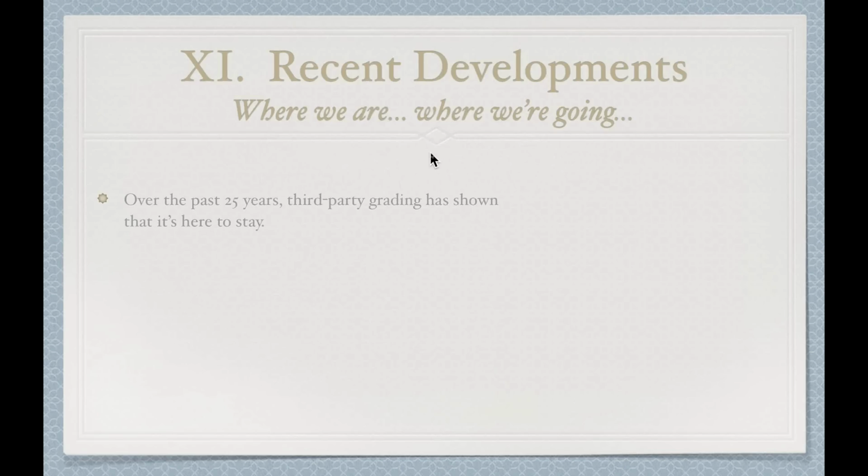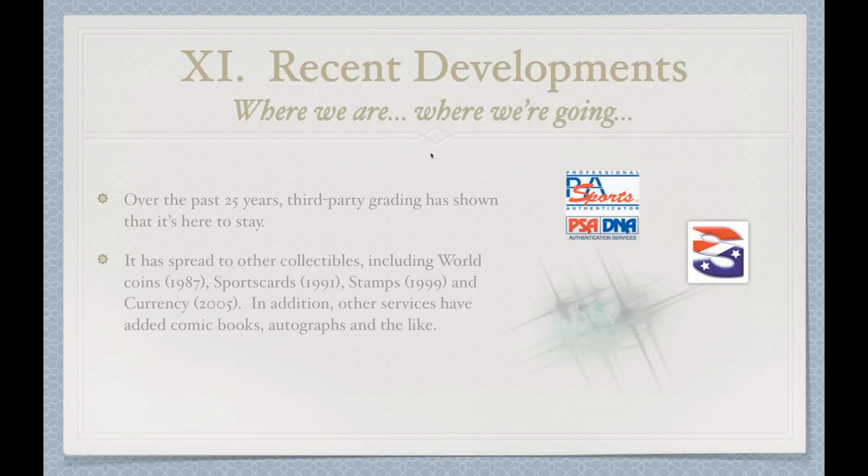Finally, to wrap things up, we'll look at recent developments, where we're at and where we're going. I think the past 25 years since PCGS and NGC got started has shown us that third-party grading is here to stay. I don't think anyone can argue that. And third-party grading has spread to many other collectibles, including sports cards, autographs, stamps, currency, comic books. Pretty much anything that's fairly small and fairly portable that can be sent around easily has received the benefit of